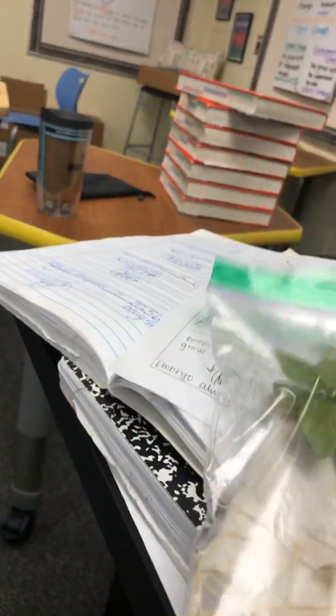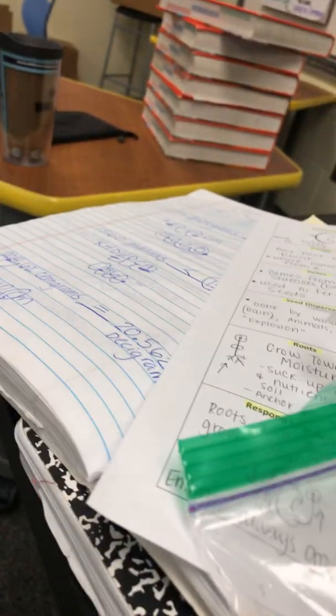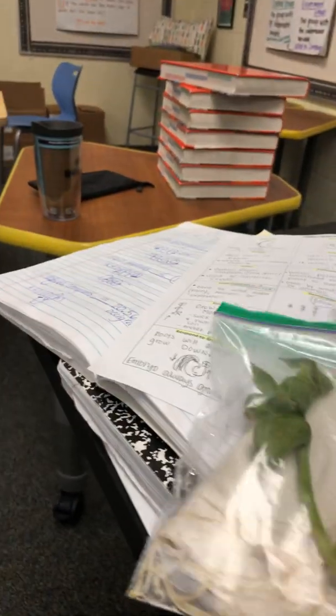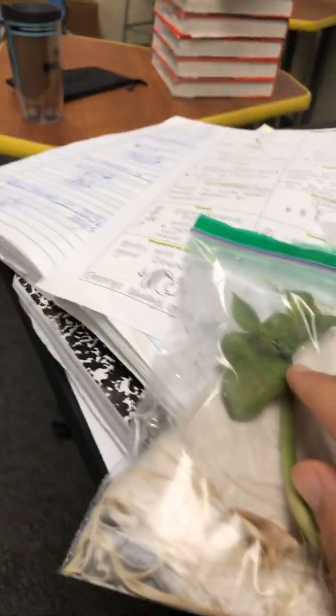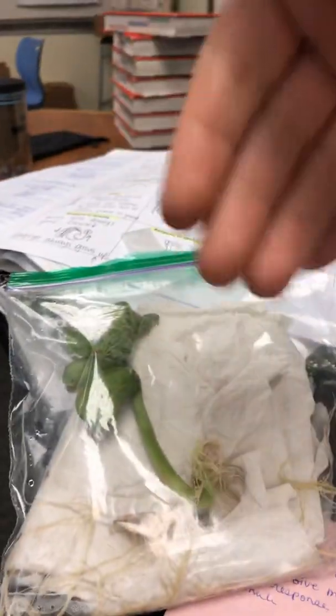So all of these are just leaves, okay? This one's kind of thick, but I think it's maybe just a leaf. I think maybe this was what was under the seed coat too, because that one's a lot harder than these are. Interesting. But I'm just trying to get you to see that the roots will always grow down and